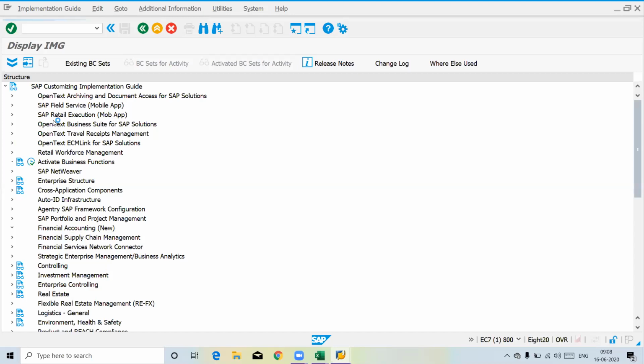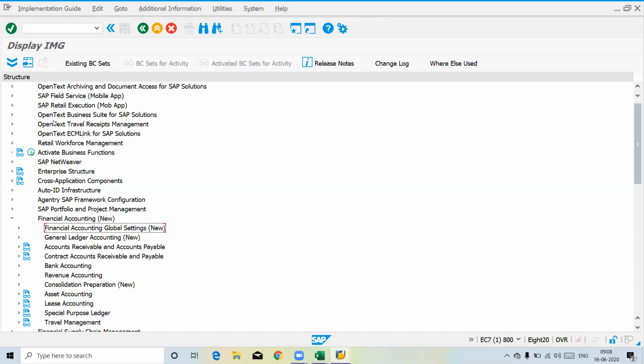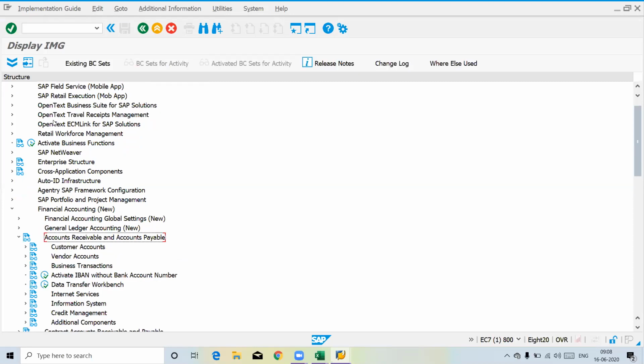Financial Accounting (New) is one of the biggest paths, so you have to remember it. Go to Accounts Receivable and Accounts Payable. In that you have customer accounts and vendor accounts. Customer accounts are the counterpart for the SD module.